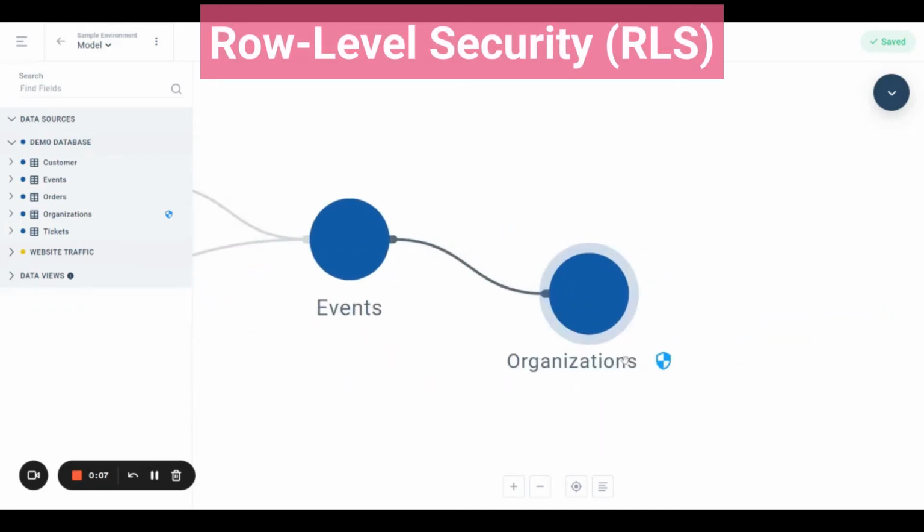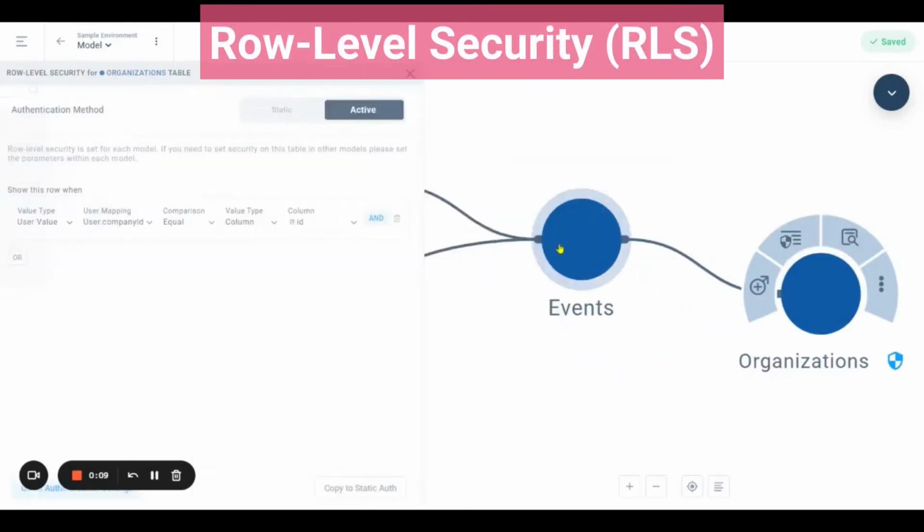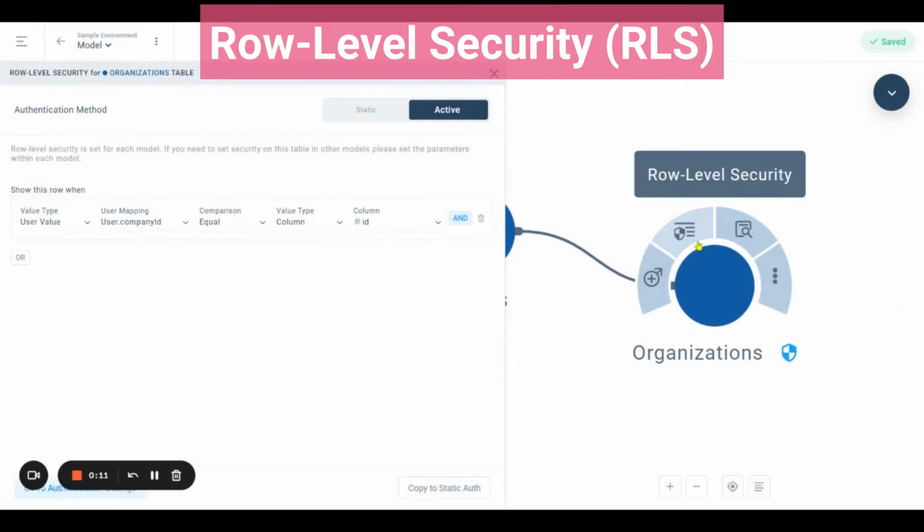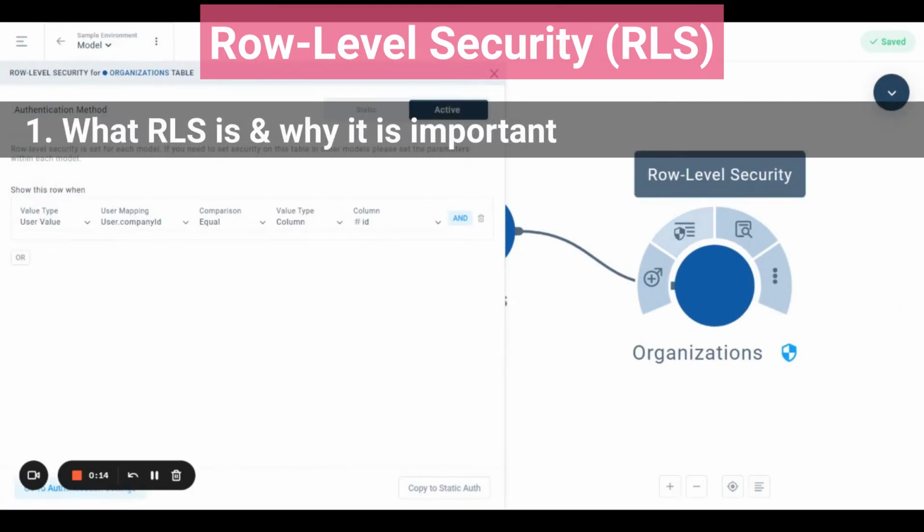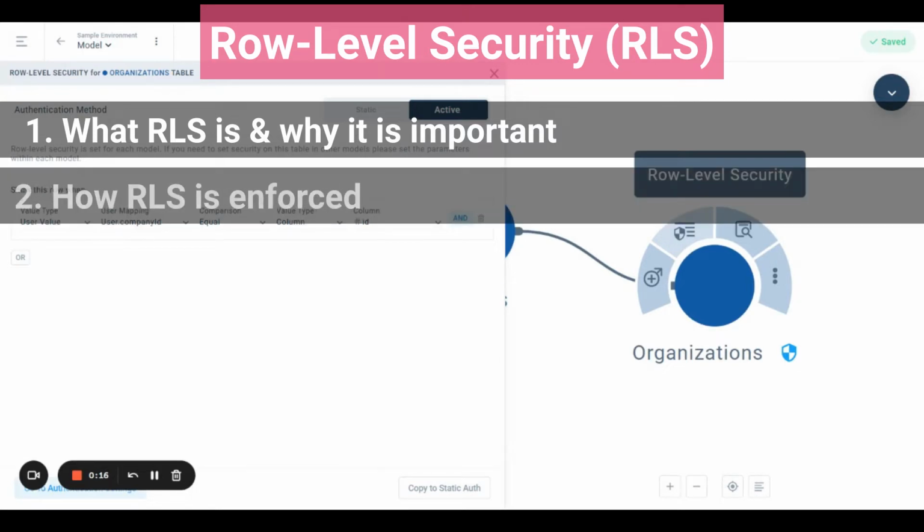Hi, let's take a look at row-level security. In this video, we will cover what row-level security is and why it is important, how the Verb system enforces